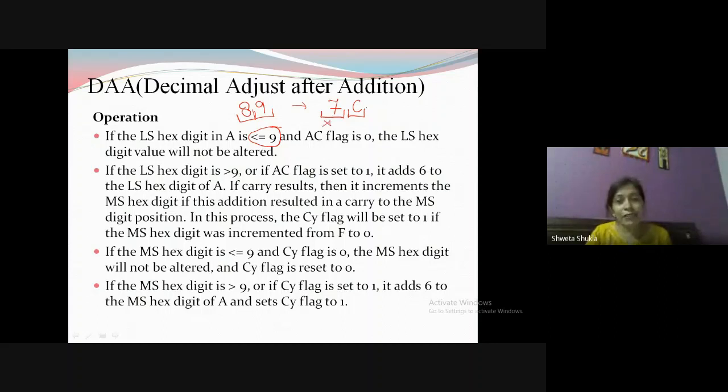But if the LSB is more than 9, then you have to add 06, or simply you can say 6, because you have to add it here only. So 06 means you will take the complete byte. So in that case you have to add 6 to C. What is C? We all know that A, B, C: A is 10, B is 11, and C is 12. So 12 can be written as 8, 9, 10, 11, 12, 0, 0.